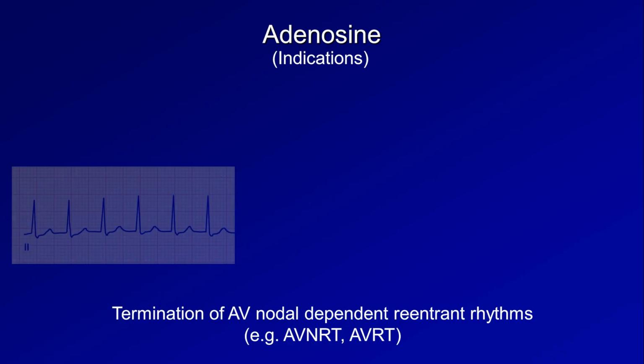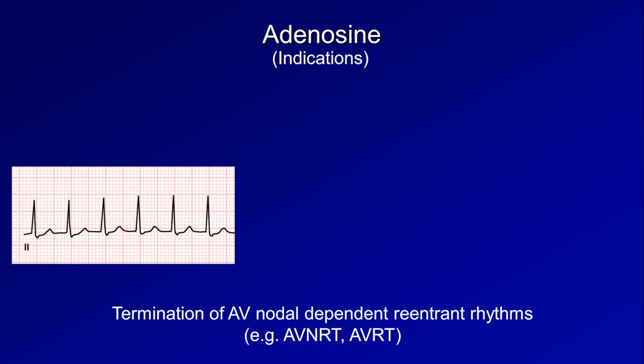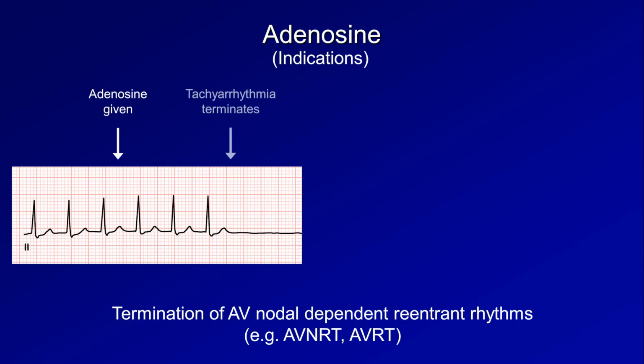So here is an example of an unknown supraventricular tachycardia that was suspected to be an AVNRT. A rhythm strip was continuously recorded during adenosine's administration. So what's going on here? Well, adenosine was given approximately here, and as you can see, the tachyarrhythmia terminates here. Then there is a pause in which there is no electrical activity in the heart at all for nearly 2